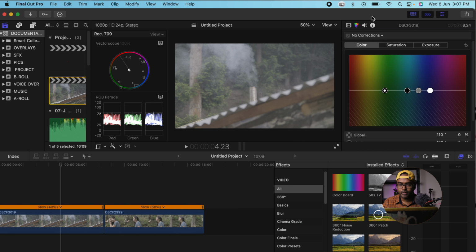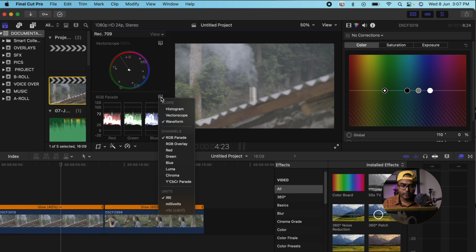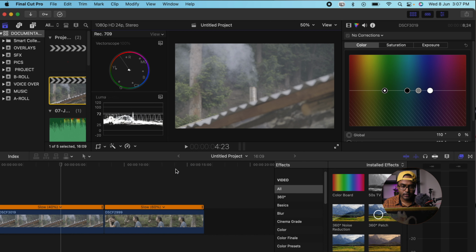And if you come to the left side, here you will find the video scopes, and here it is the vector scope. Vector scope is mostly used to see the color variation happening in the footage. Below that you will find the RGB parade, where you can see the red, green, and blue colors. And sometimes I will also use this Luma,